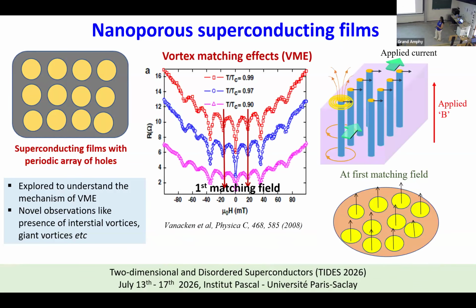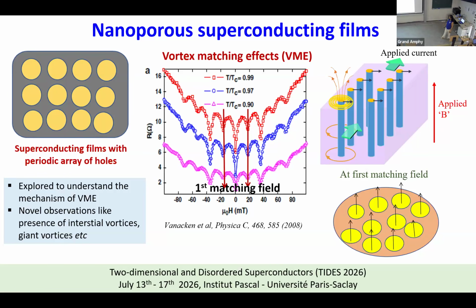in a periodic way. And this periodicity is proportional to a flux quantum. So at the first matching field, you have one flux entering each of these holes. And basically, the vortex lattice becomes commensurate with the underlying lattice or the antidot lattice. So this kind of a phenomena, the vortex matching effect, has been studied a lot in the early 90s and early 2000s. We have also worked on these kind of systems where we showed how you can tune disorder to be able to understand the mechanism of DND in these kind of systems. This is why I'm introducing it, because we'll be using one of these as a probe to look at the QPTs